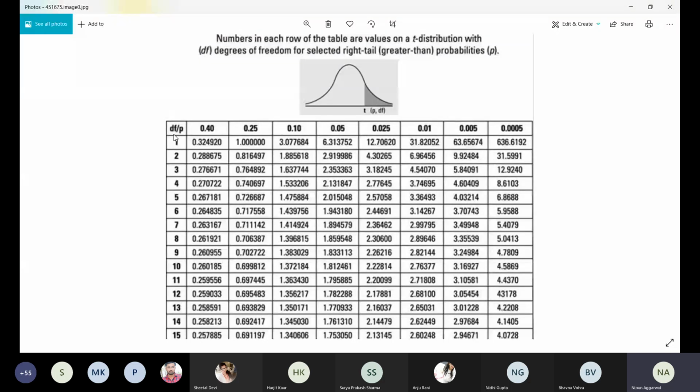Suppose there is a sum of 5 numbers: A plus B plus C plus D plus E is equal to 10. Fine. Now I want to find the values of A, B, C, D, E. You can fill any numbers into A, B, C, D, E. Suppose you fill A as 1, B also 1, C as 2, D as 3. Now 1 plus 1 is 2, 2 plus 2 is 4, 4 plus 3 is 7. Now the fifth number automatically comes as the difference, 10 minus 7. You don't have any choice to fill that number.